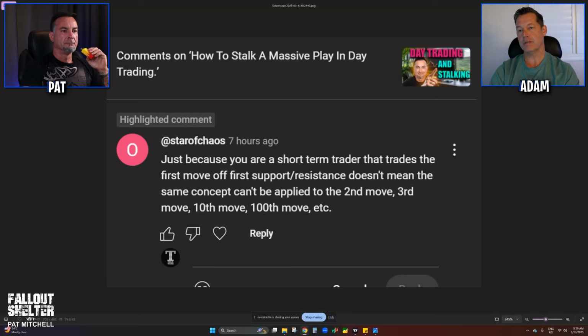At first look, it's a very logical statement. It makes sense, right? True. Support and resistance is support and resistance. But you have to stop yourself and think about things like this, because they're the kind of things we can tell ourselves and we just accept it as truth. And we just go about our day like, oh yeah, I can trade this 100 times. It's always support and resistance.